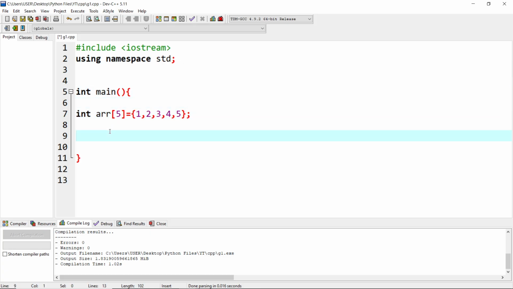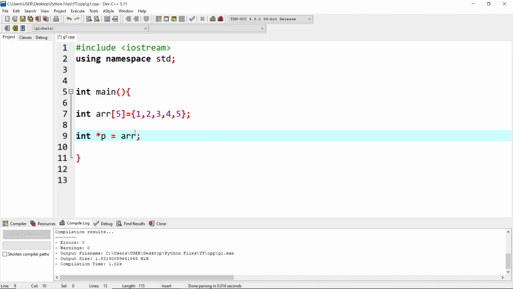Now what I'm going to do is create a pointer called p this time. Okay, now p is a variable. Once I put an asterisk behind it, then it's a pointer. Now once that's done, I want to make it equal to the array. Please take note that when you are assigning an array to a pointer, you don't put the ampersand sign,